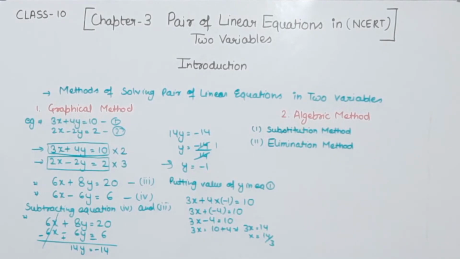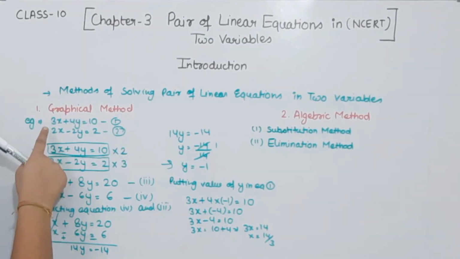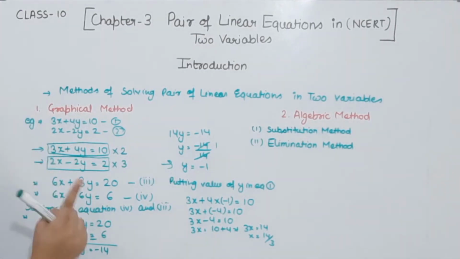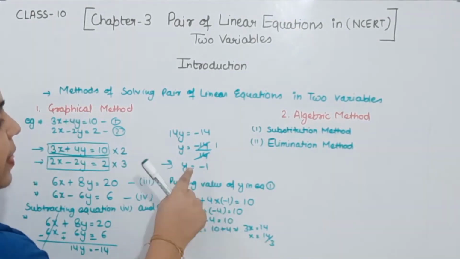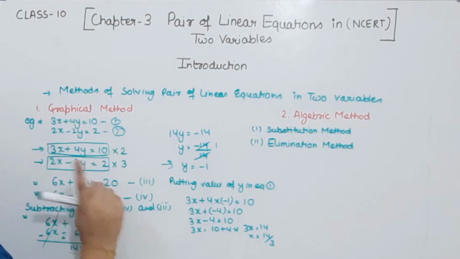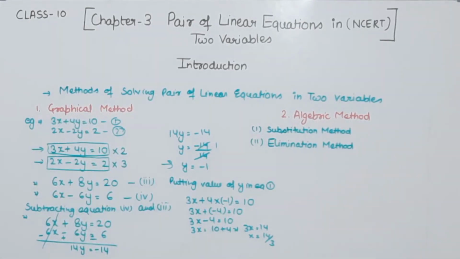In this one we have to equalize the coefficient of variable x. Now we are going to subtract both of them, after multiplying and equalizing the equations, we are having equation number 3 and 4. Then we are going to subtract this one. We are going to get the value of one variable. Then we are going to put that value in any equation, so we will get the value of the second variable. So this one is the elimination method.